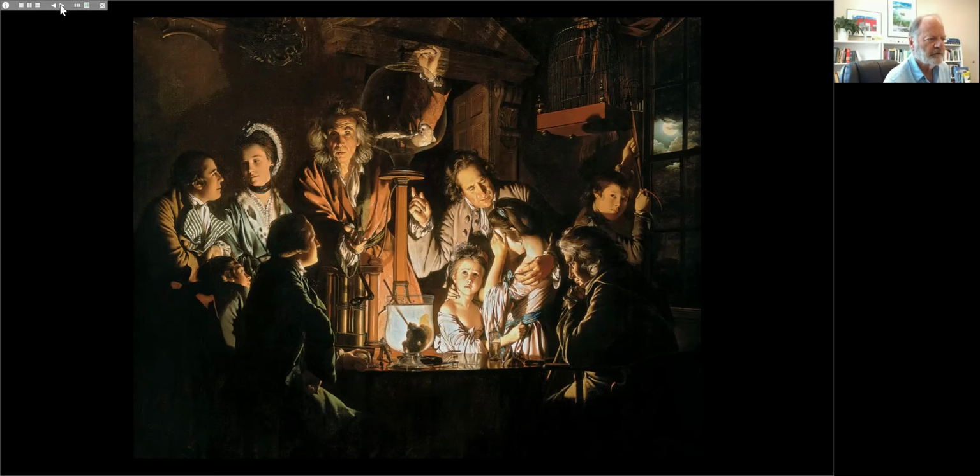To look at some art that reflects some of these developments, we're seeing on the screen here the work of Joseph Wright of Derby. So the last name is Wright of Derby. And this painting is entitled The Experiment on a Bird in an Air Pump. You have in your textbook a different work by Wright of Derby, and that is a philosopher giving a lecture at the orrery being a model of the universe that would allow the rotations of the planets to be seen and studied. I'm showing you this different work, which is the experiment on a bird in an air pump.